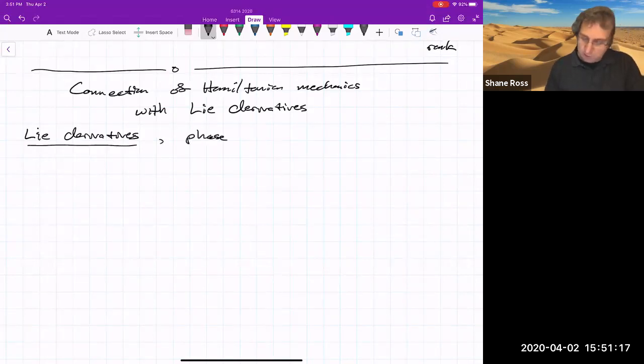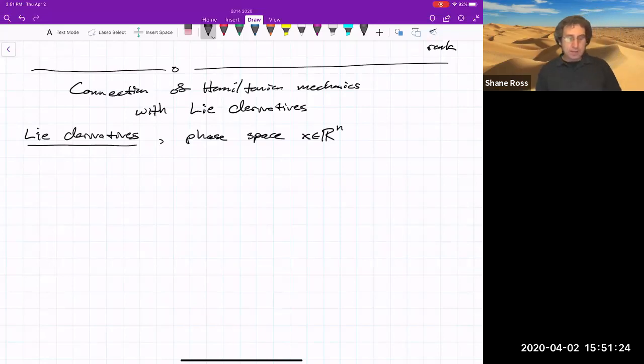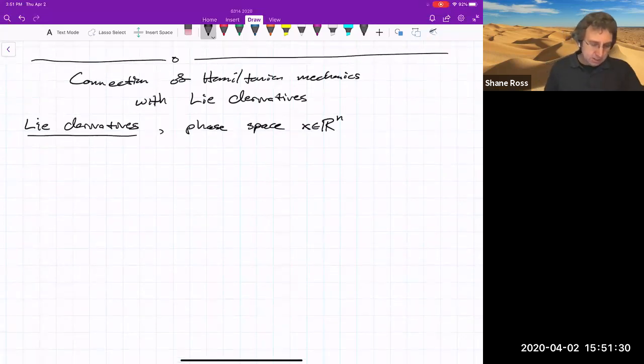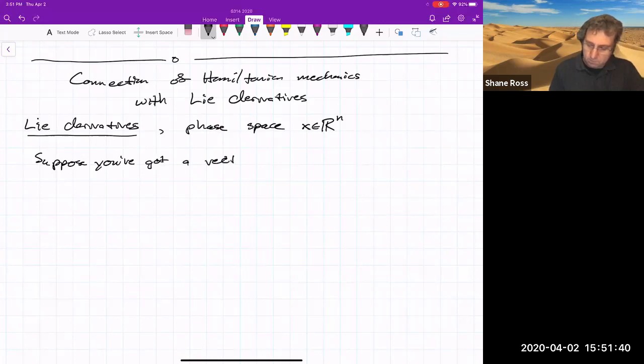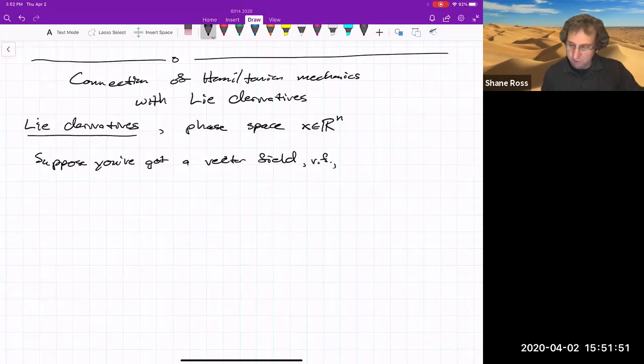Let's look at a setting where we've got, I'll use the x notation, a phase space, it's R^n. And I'll use some notation for a vector field where I use capital X. So let's just suppose you've got a vector field. This isn't necessarily the vector field that defines your equations of motion. And I might sometimes just write vector field as VF, and I'll write the vector field as capital X at